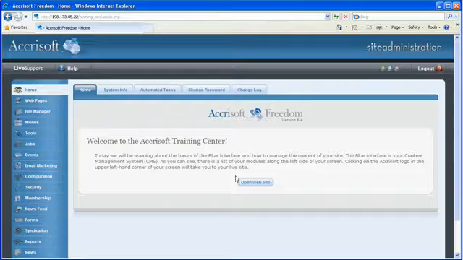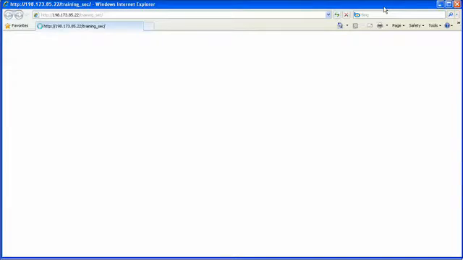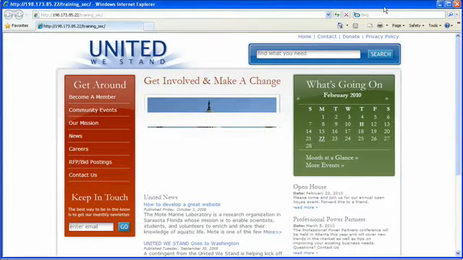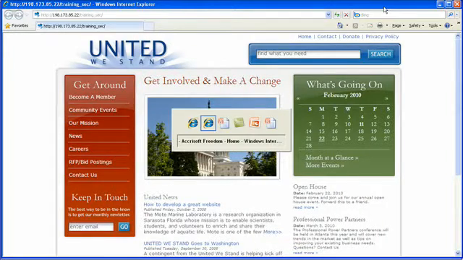Now before we go to the Tools module, just for a point of reference, I want to open the white interface of this site. And as you can see, this is our United We Stand training site. Now back in Blue in the Tools module,